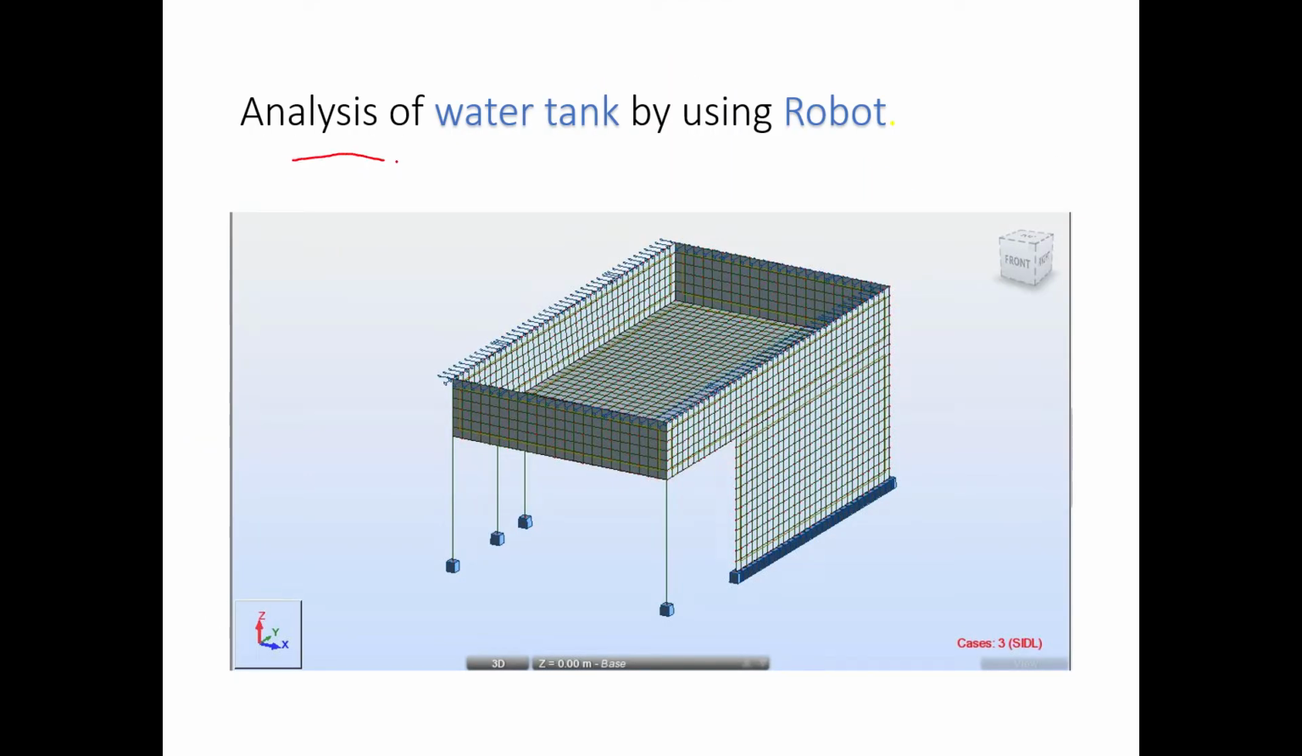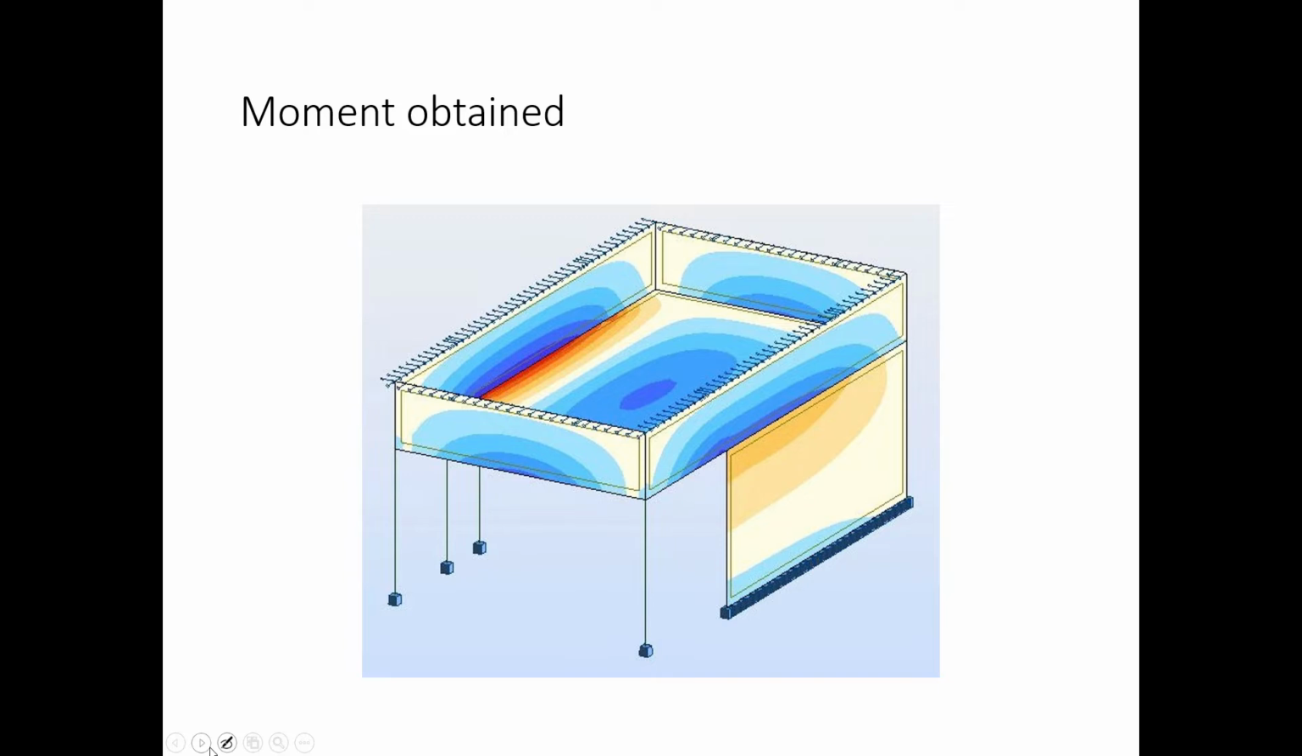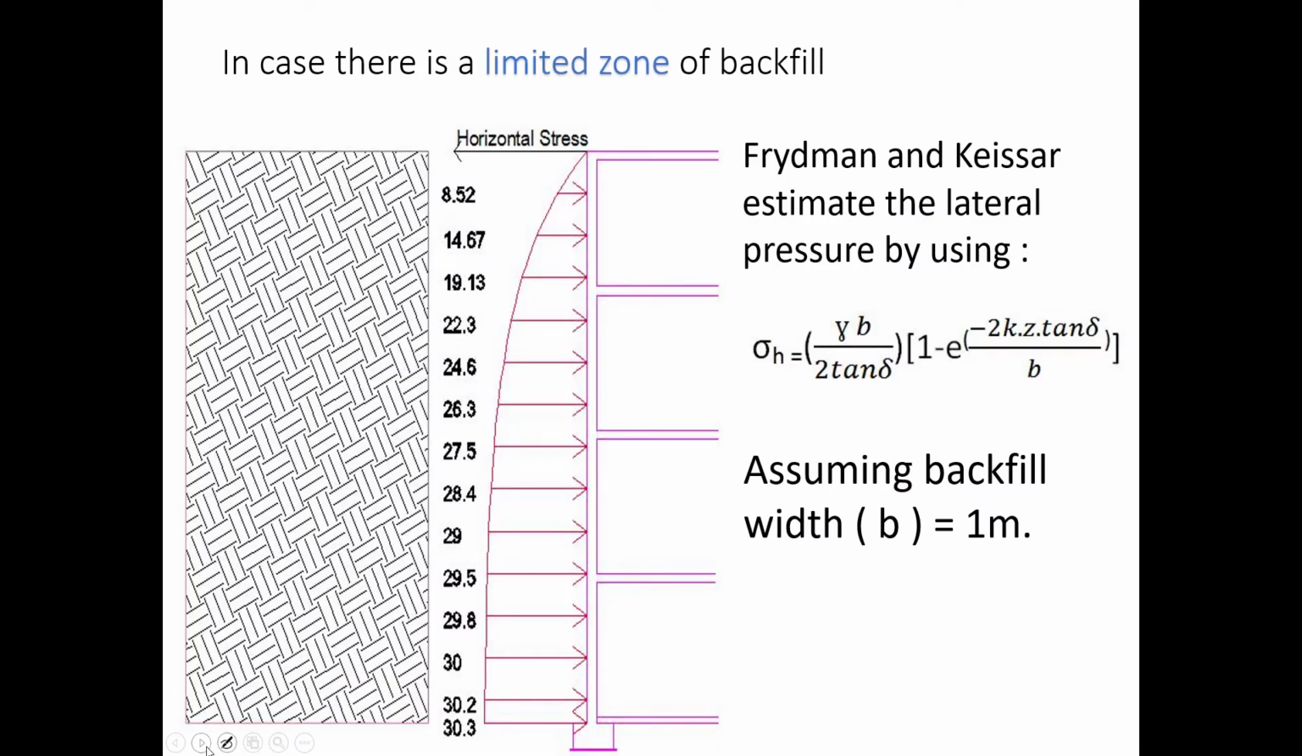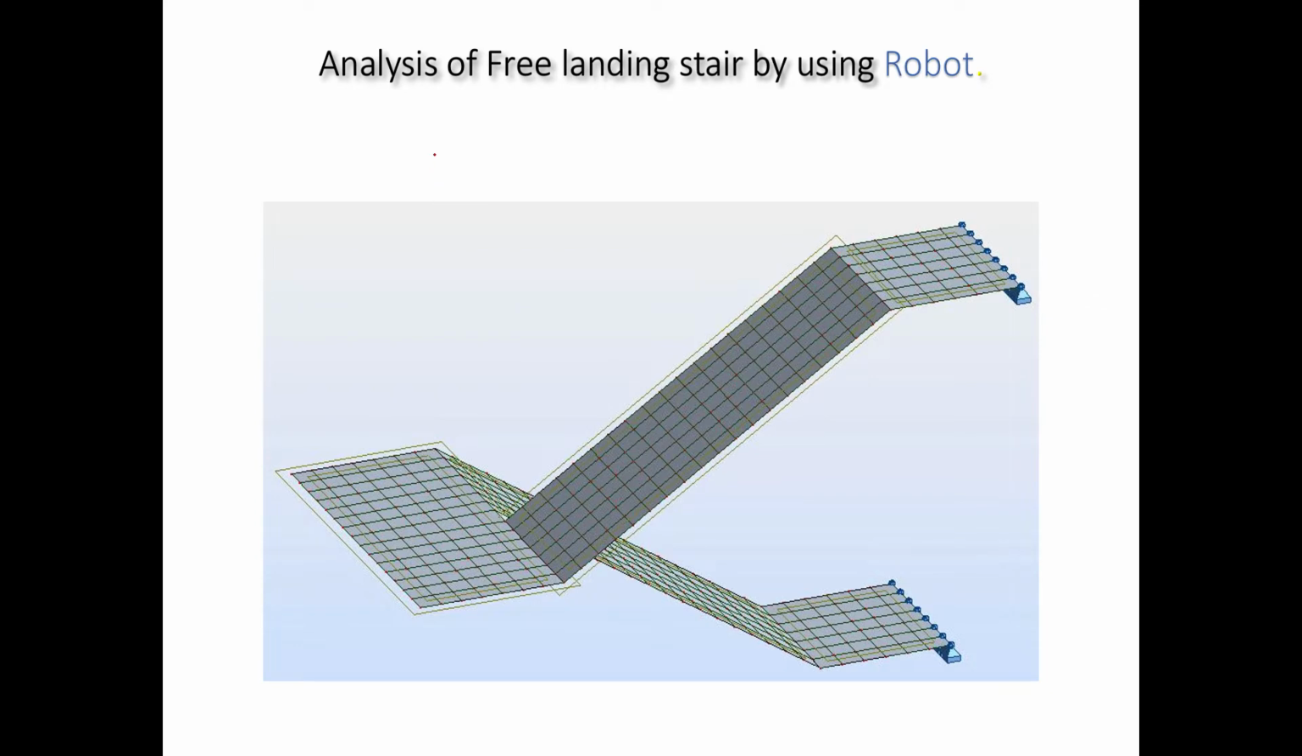What I forgot also to mention is about the water tank. We have a water tank inside our structure actually. So what we are going to do is model our water tank in Autodesk Robot Structural Analysis to check its soil pressure and its shear force and bending moment. We are also going to assume that we have a backfill with B equal 1 meter. And also we will do the analysis of the free landing stair using